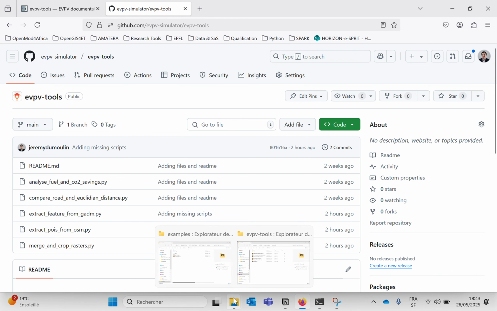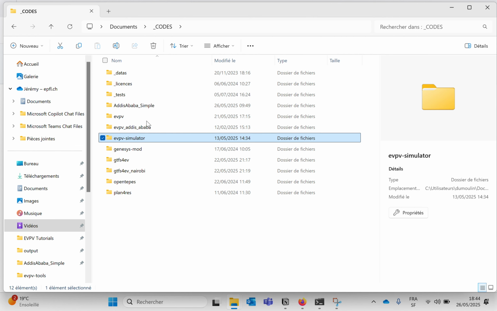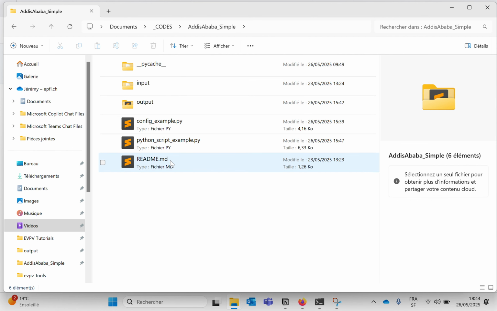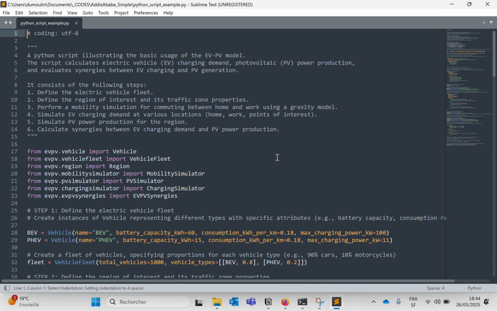For this, I will reopen the Addis Abeba example first. Let me just quickly go back into that folder. But this time, I'll open the Python script example file here. Right. So this file here shows how to obtain the same results as with the configuration file, but using Python